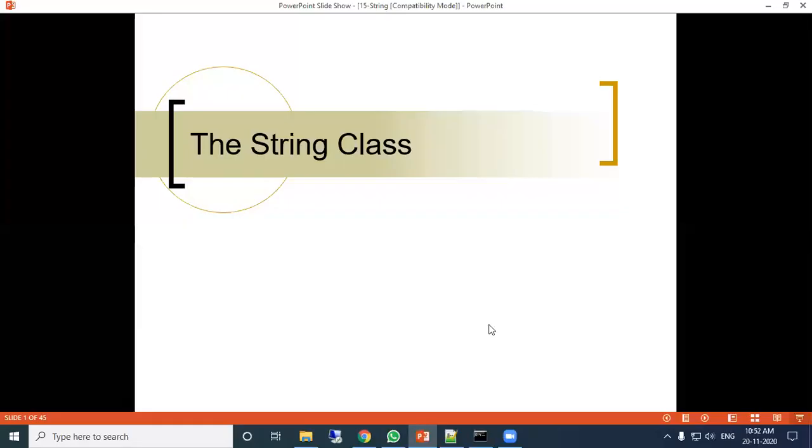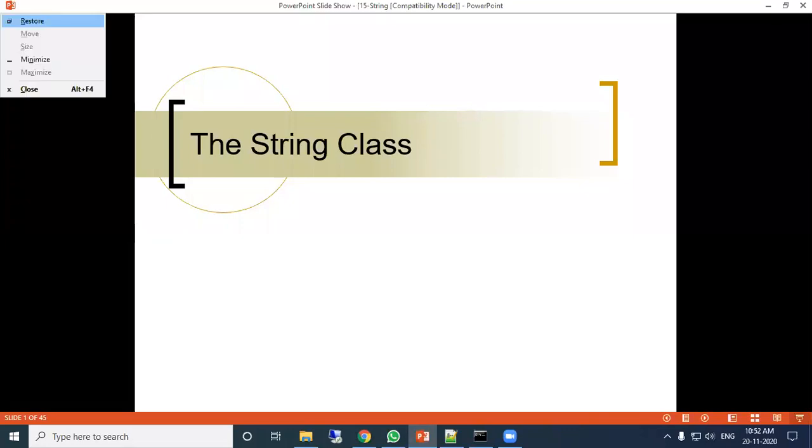So, in the last class we started this topic, the string class. We have discussed some methods, how this string class is used, and some predefined methods defined under the string class. To use this string class, you need to import java.lang.*. Nowadays the compiler automatically imports it, so you don't need to import it. So java.lang.*.